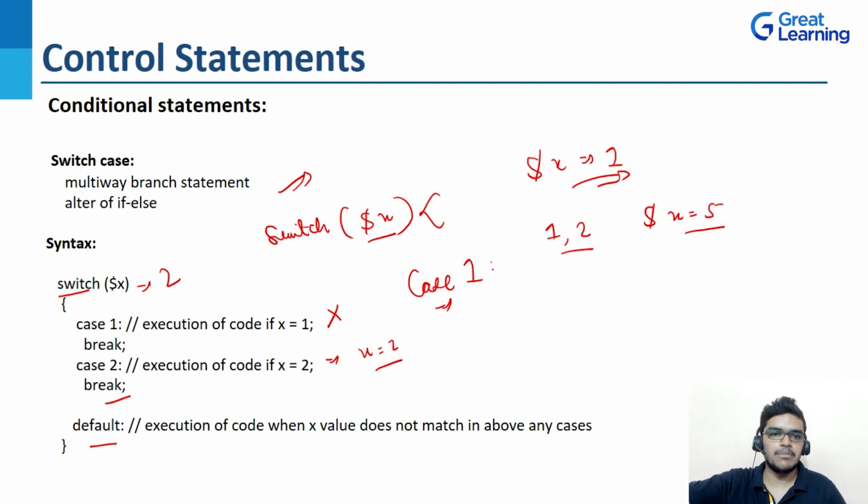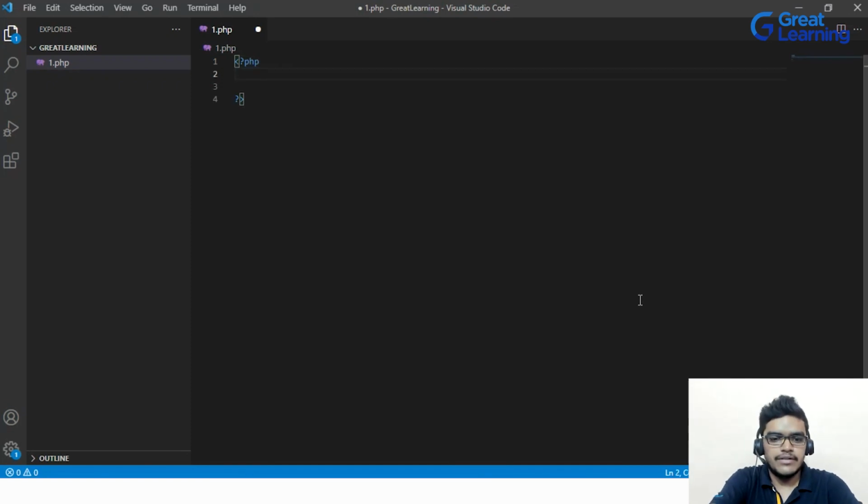Now let's see the practical example of this. So what I will do, first I will create a variable. I will write here $x, let's suppose I will give here the value as 15, and after that I'm writing here switch, and inside this switch I will pass this variable $x. And now what I will do, I will take here case. So here I will take case 15, right? And inside this case I will write here echo, the number is 15,